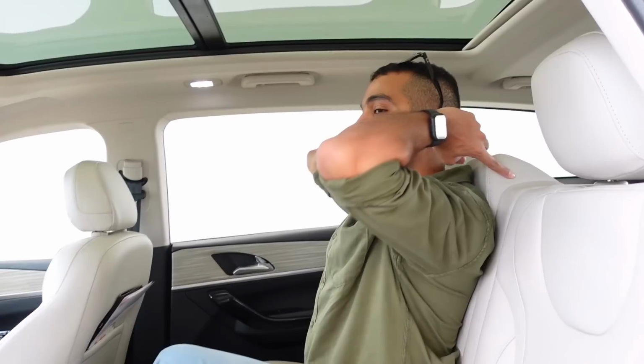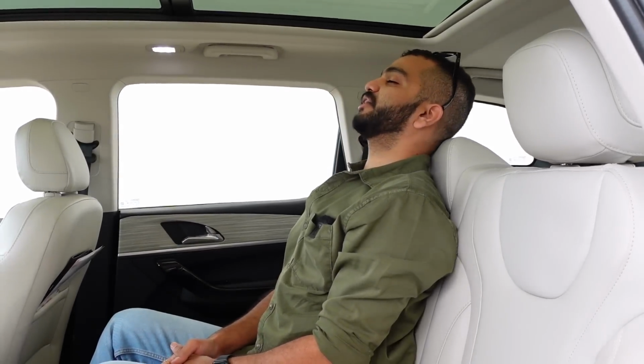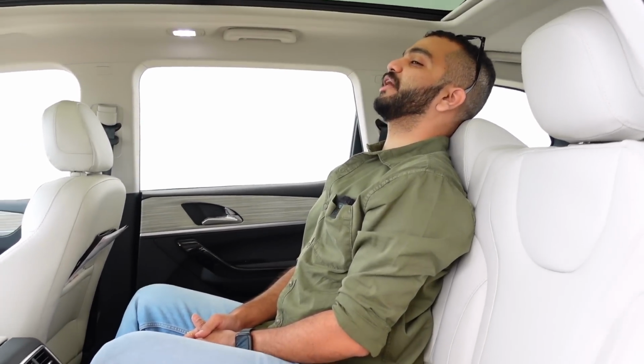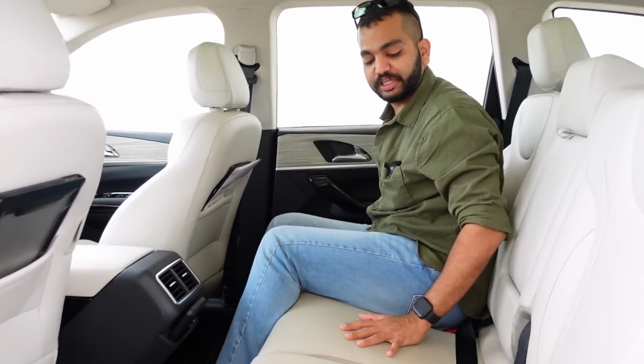My height is 5 feet 8 inches and check it out, this is the amount of headroom that is available and this is really really good enough. There is a fixed type headrest as well for the third occupant, so this is going to protect you from whiplash injury and it is also going to offer you that extra bit of comfort if you want to take a nap. The other thing which you should notice is that the seat bench over here for the third passenger is not too raised,